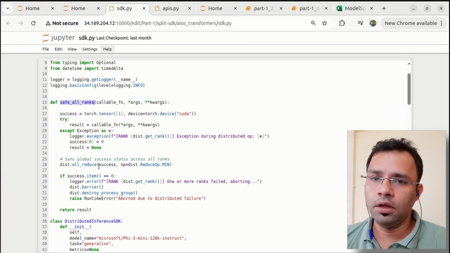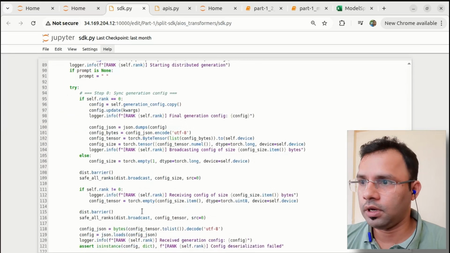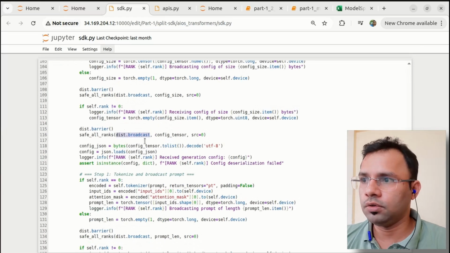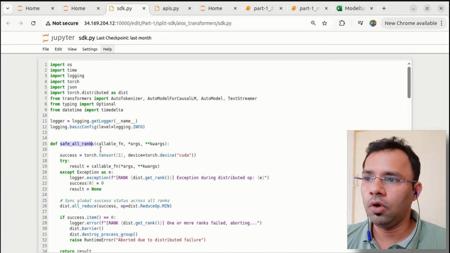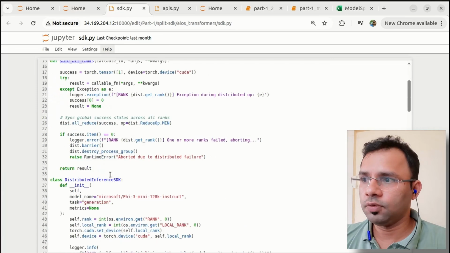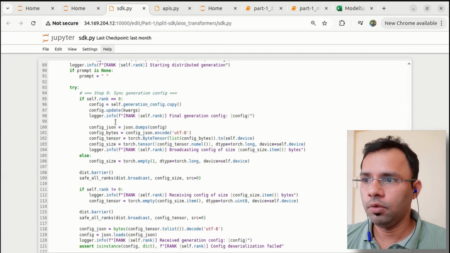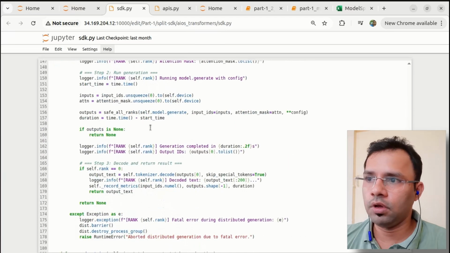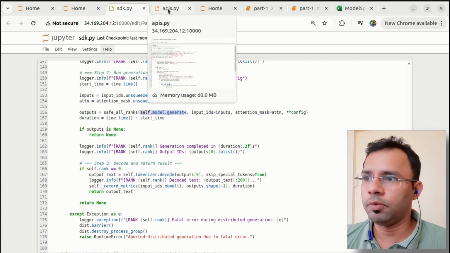Before doing the inference, you have to send certain data to each and every rank. If you send that callable function to save all ranks, which synchronizes the data, like dist broadcast, it used to send all the data to all the ranks available in the model split. This was the main function, and using that function only we were trying to do inference in a distributed way, where at the end the distributed function was also called using save all ranks only. So this was with respect to part 1, whereas in our part 2,